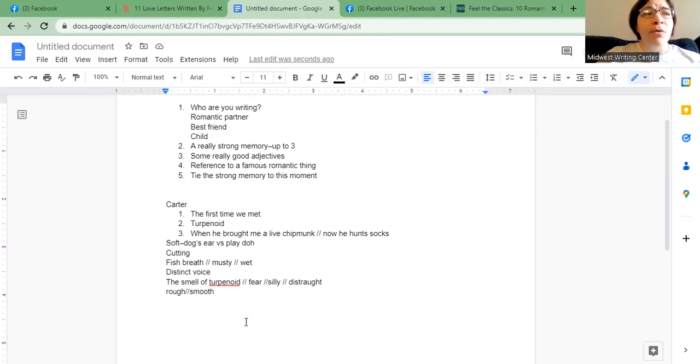I think it's fine to use romantic references in non-romantic contexts personally. Maybe you don't. In which case, instead of referencing a famous romantic thing, don't. This part's kind of optional, but it's also fun, because we're going to tie that strong memory into the rest of what we're saying here. It doesn't have to be a famous romantic thing. It doesn't have to be romantic, but it can be like